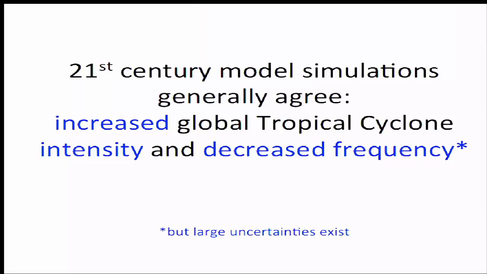Generally speaking, and globally speaking, most climate models agree that in the coming century, hurricanes will become less frequent, but more intense. So there'll be fewer hurricanes, but they're going to be more intense and more destructive. That is globally speaking, though there are a lot of uncertainties around that, especially when you start looking at individual basins, at specific regions. And so for instance, for the North Atlantic basin,